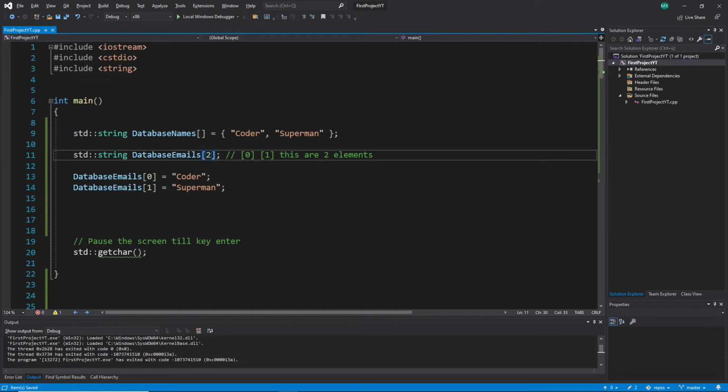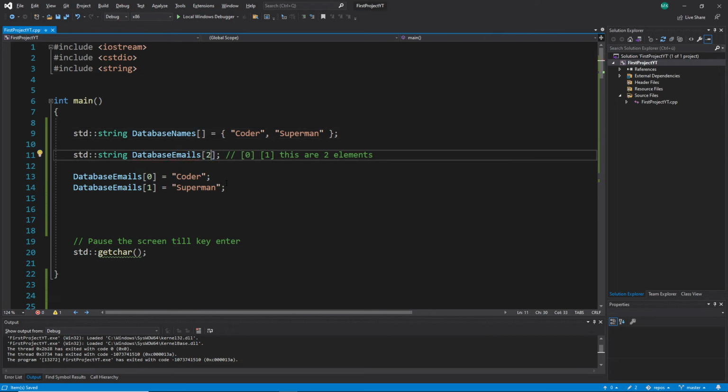So don't make a mistake here and count from 0, because this is sometimes a problem. Here you have really 2 elements, so you write 2, because this declaration is not 0 based. Here you have to write 2, but later